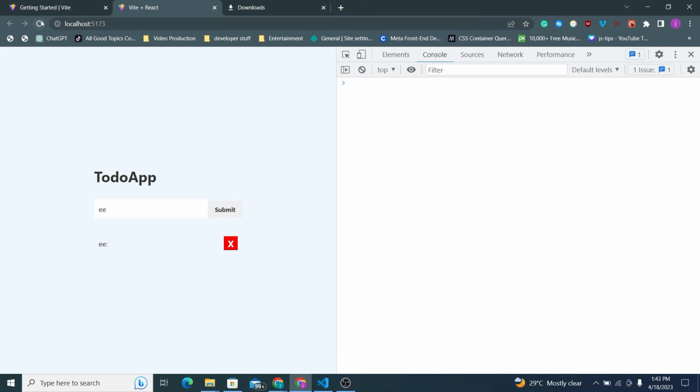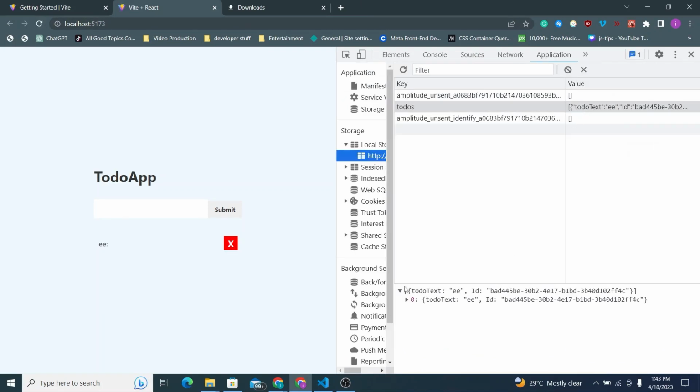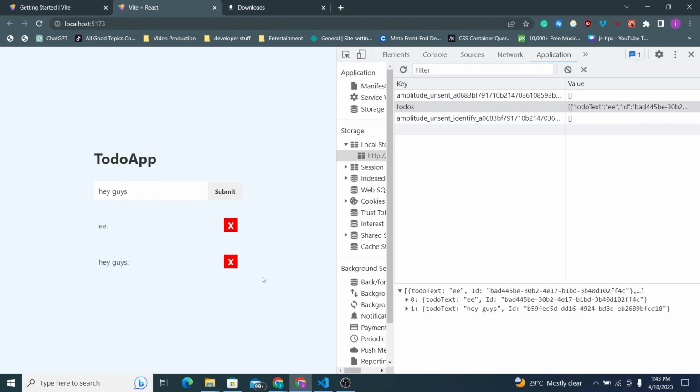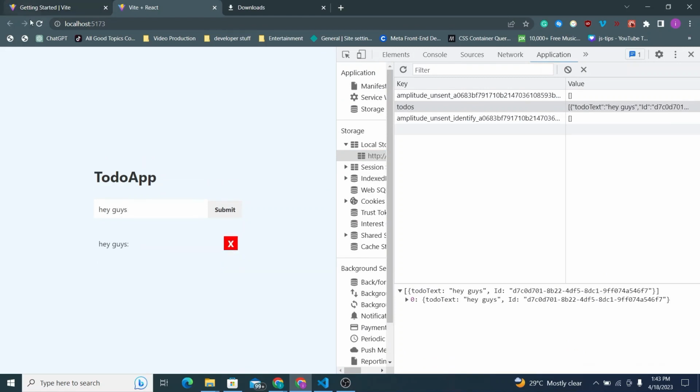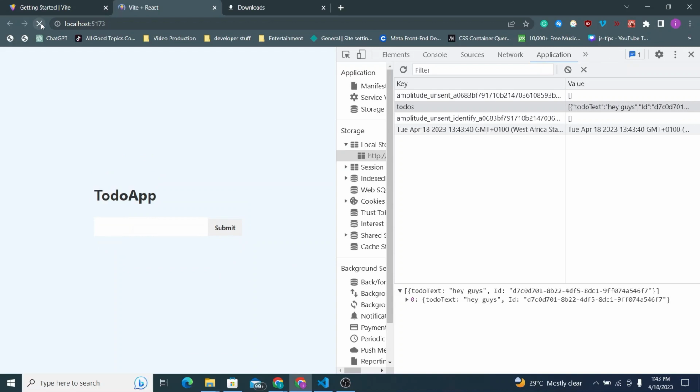Clear this, refresh the page, make sure we have no errors. Come to the application. Do we have anything in local storage? You can see it's already synced. And if I type hey guys, I have that. You can delete this guy, refresh the page, and it works. But